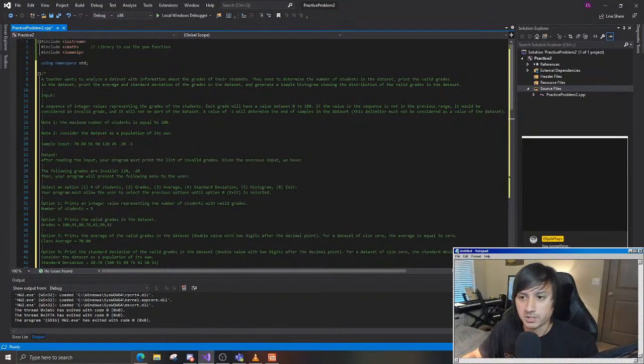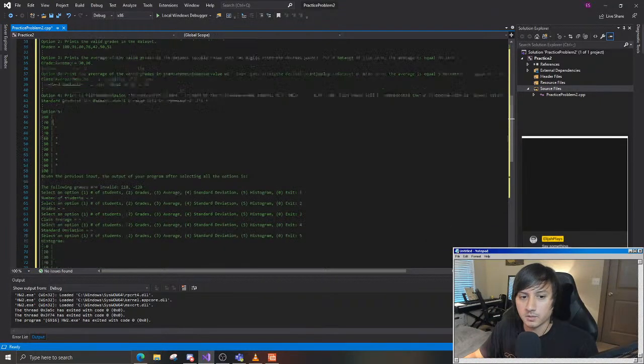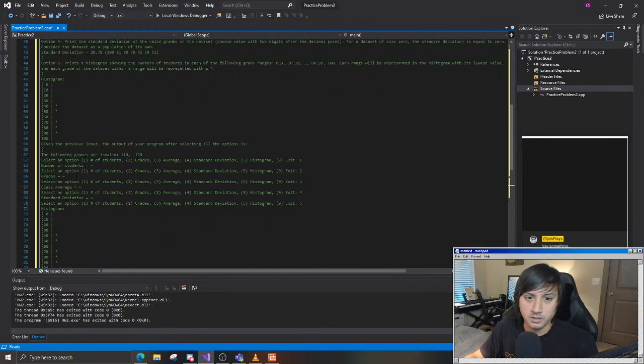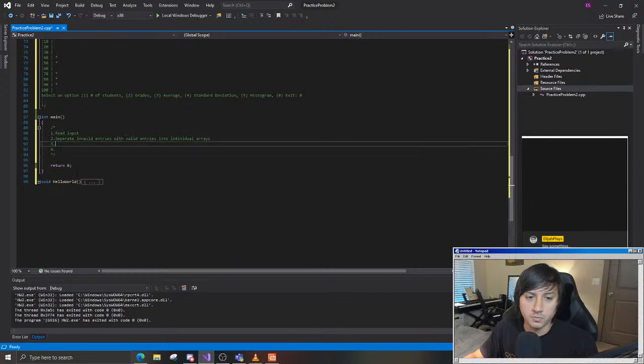So I'm not efficient whatsoever. We're going to do the best we can with what I understand. I had already started a little bit in the main with some pseudocode. Obviously, we're going to want to read the input that the teacher puts into the program. We're going to need to read invalid entries and separate those from the main array of proper entries, which